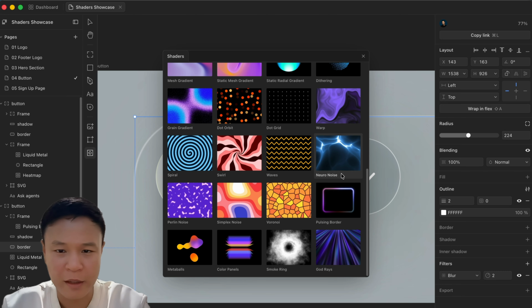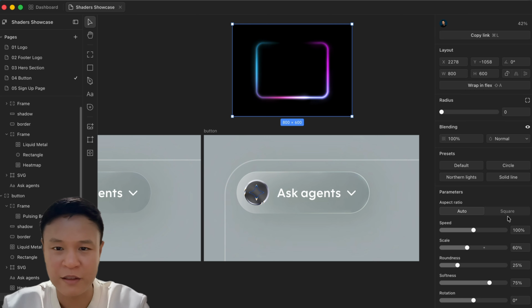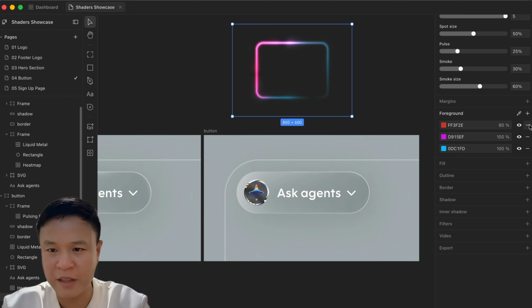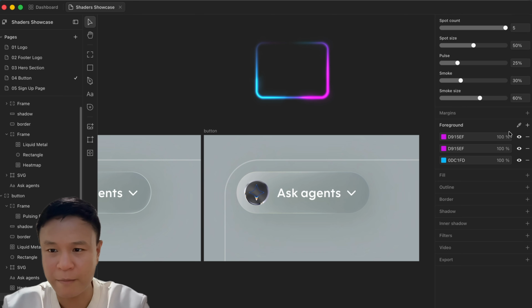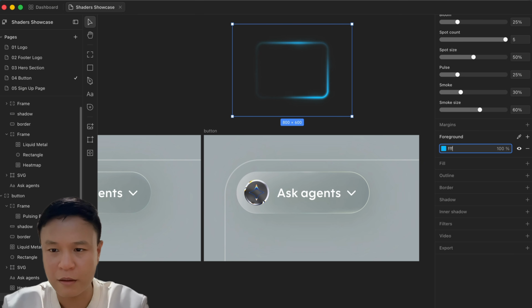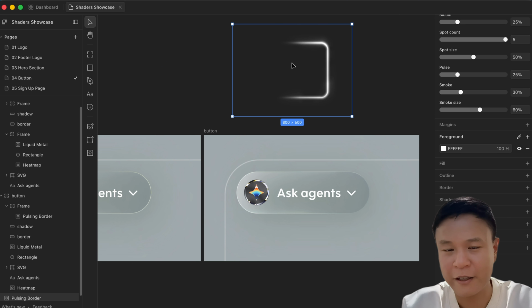I was also applying the pulsing border, right? So the pulsing border, how it works is, again, let me just remove the fill here. Basically, remove all the color and apply the foreground to be like that. So you can see here that the pulsing border is